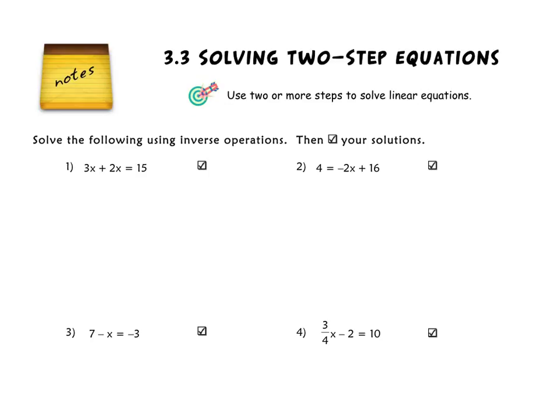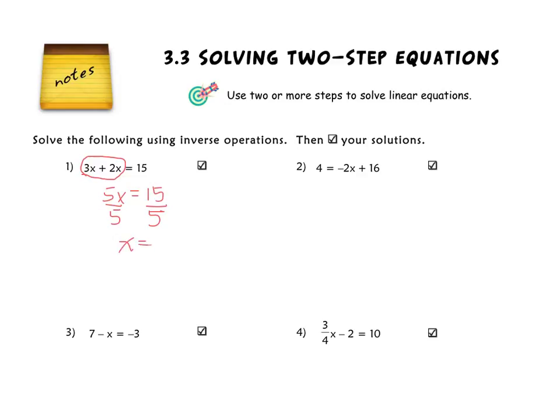Now, since our like terms are on the same side of the equal sign, we can just simply combine them together. So 3x plus 2x is going to make 5x. So 5x is now equal to 15. And now, based upon what we've learned with solving one-step equations, we can divide both sides by 5, and x